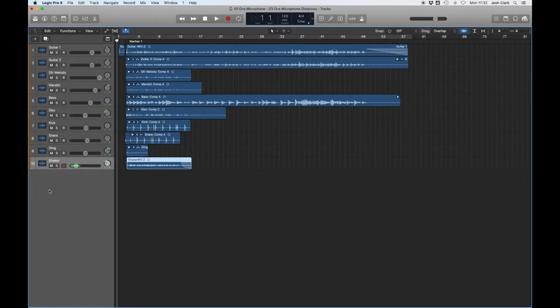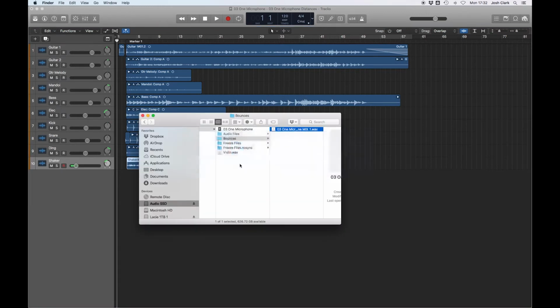Okay, now I'll show you how to import a part that another musician may have performed for your piece. Let's imagine you've sent your stereo mix to a collaborator, a violin player in this case, and they've recorded their part and emailed it back to you. Here's how to import it back into your project. So we're going to assume here that you bounced from the beginning of your project and that you instructed them to provide a piece of audio that was the same length,